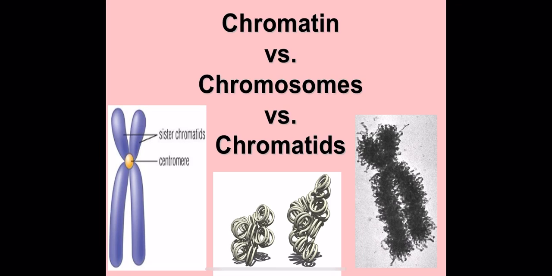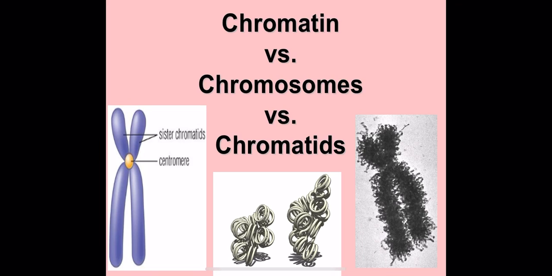So chromatin would be that middle photo that you guys are kind of seeing in your picture here. Chromatin is super loosely coiled DNA that exists in a non-dividing cell. So if I were to show you a picture of a non-dividing cell and you look inside the nucleus, if we're talking about a eukaryotic cell, it would look like what I describe as being an unraveled ball of yarn just chilling. That's your chromatin. Chromatin is super loosely coiled. It is not condensed. That's the term we use to say that it's taken a true packed shape. It's very loose, almost like limp spaghetti noodle. Okay, that's your chromatin.